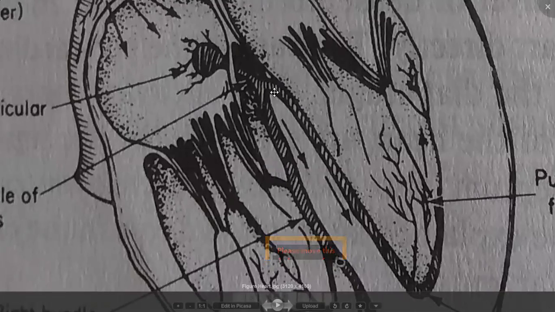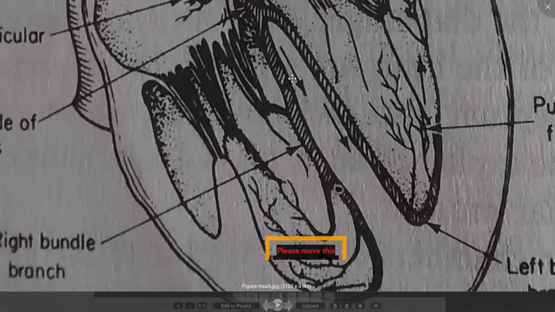These two branches, one is the left side branch and another one is the right side branch. See here these arrows. These arrows will indicate the travel of the impulses, how the pulses will travel and in which direction. So in this direction, through this